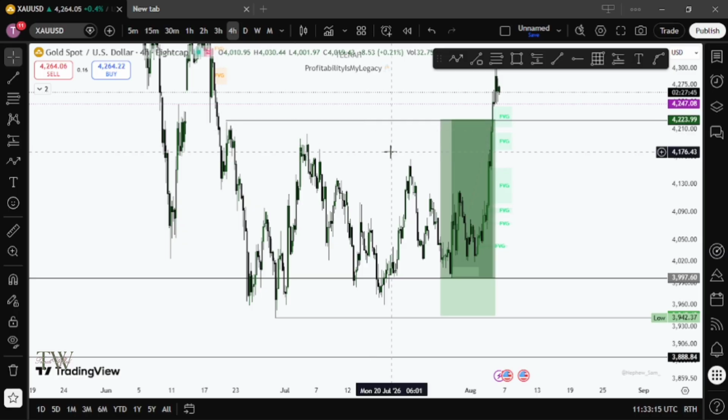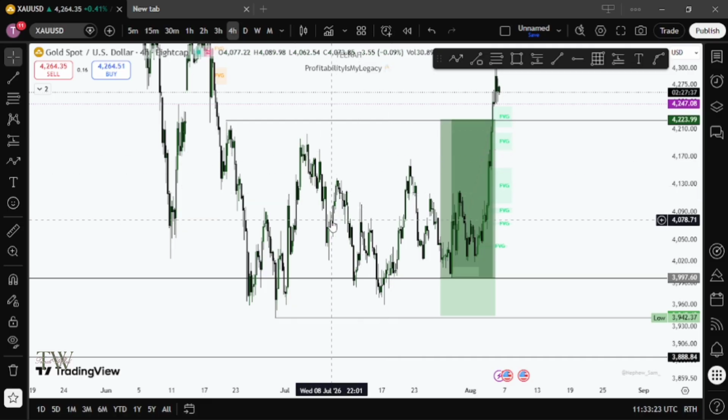Okay, then for the liquidity grab, I've already shown you an example. It clears several liquidity. As you can see, there are also several liquidities here that price cleared. Okay, there's several liquidity that price swept around here, but we can call this more of a liquidity grab and liquidity sweep. The liquidity sweep, you will see price sweeps them and then heavily rejects, just like what I showed you on the